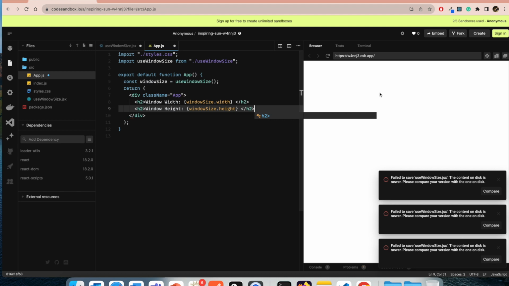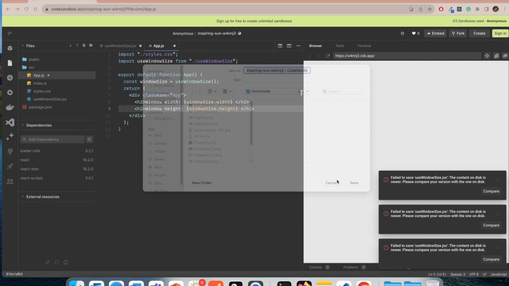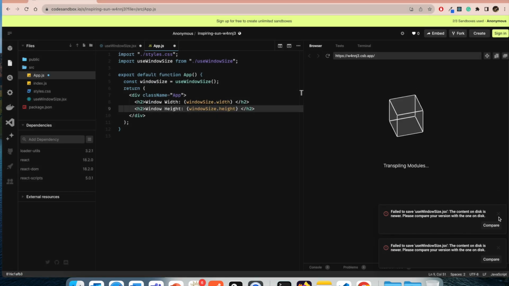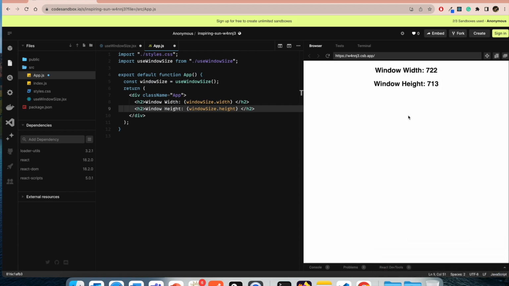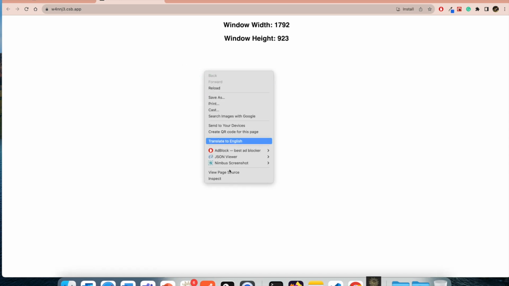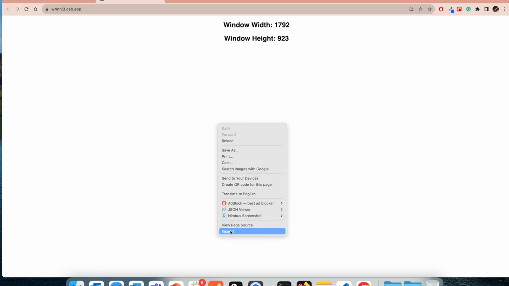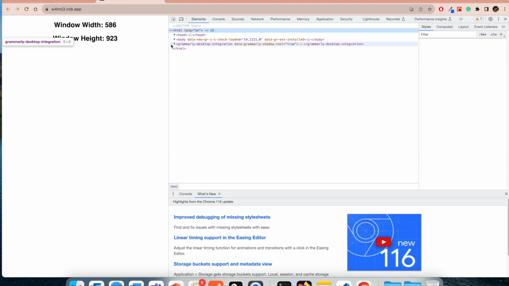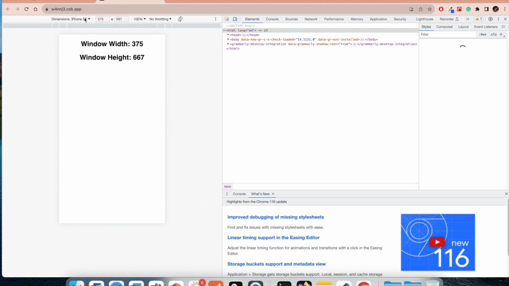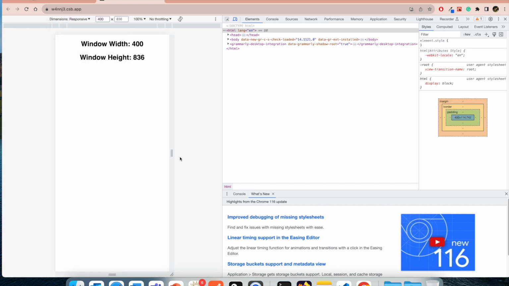Now that's all, and let me refresh the page and see. Now as you see, this is the height. Let me open it in a new tab so that I can resize a little bit. As you see, the window width is something else now. Once it is resized, you see the window width is changing. Let me make it responsive, and you now see